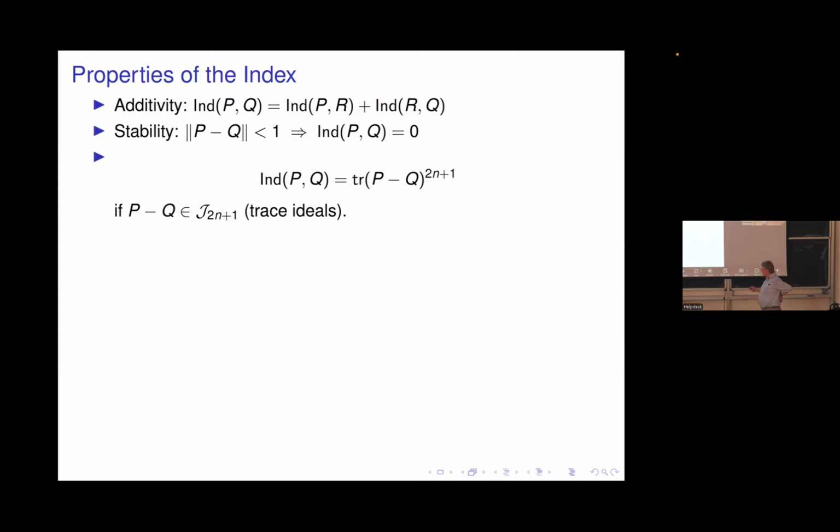And then we saw that if P minus Q has a trace, then the answer should have been that index. But sometimes P minus Q is not trace class, but some power of it is trace class, or P minus Q itself is in some trace ideal, as they say. Now, here is a question: are you familiar with trace class, trace ideals, or not so much? Maybe not. So let me just say